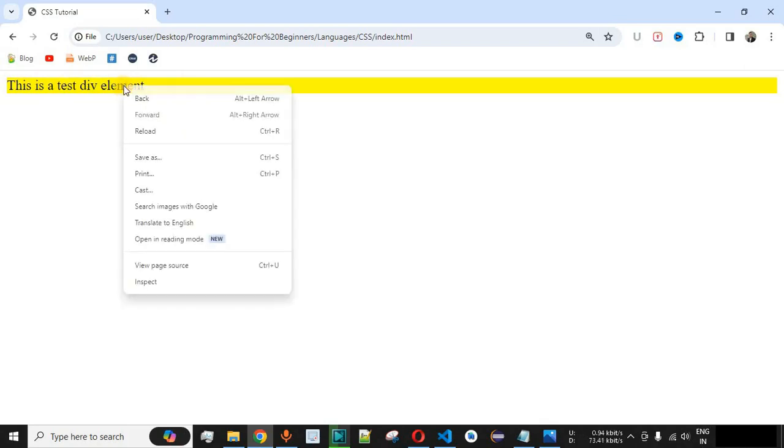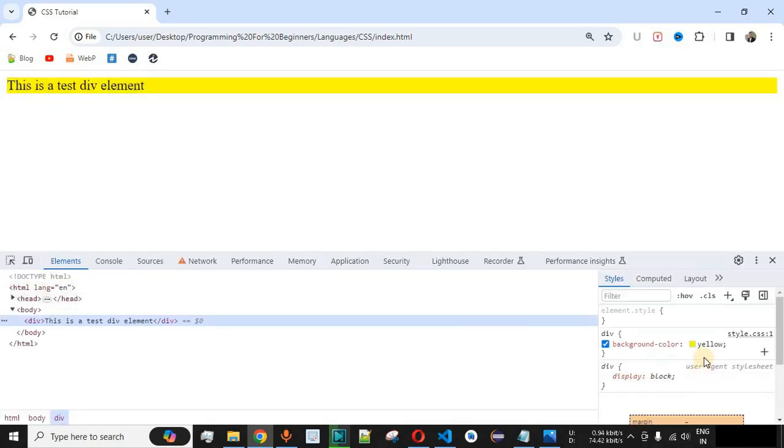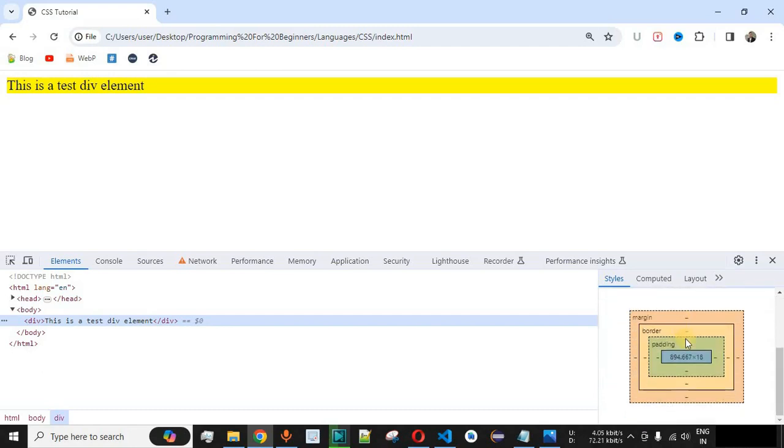Now guys, let us say we want to see the box model for this particular div element. What we can do is simply right click on this HTML element, and as you can see we have this inspect option. When we click on inspect, on the right hand side you can see the CSS properties provided to this div element, and when you scroll down you can see the box model for this particular HTML element.